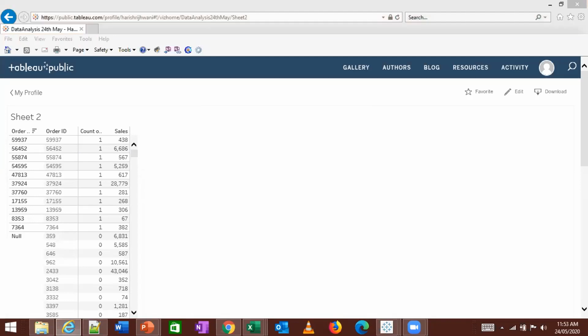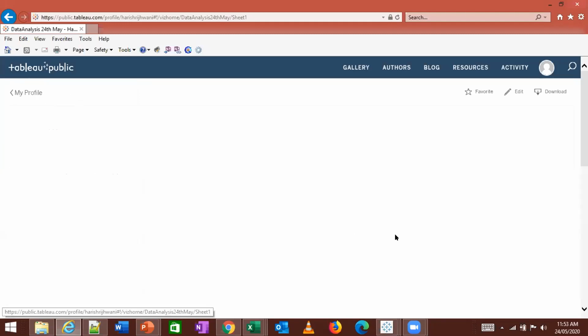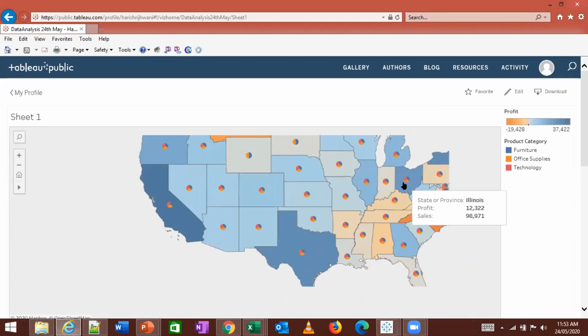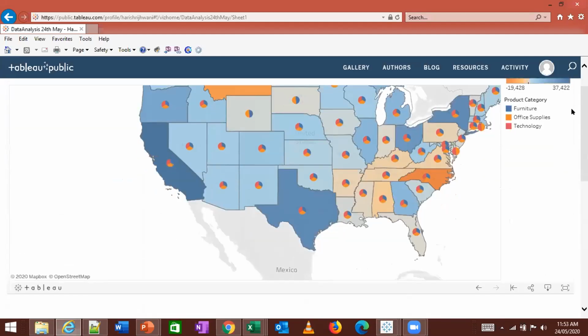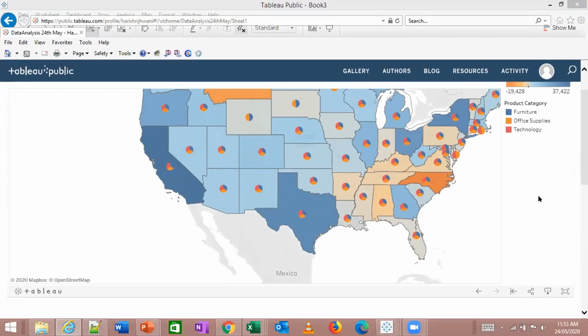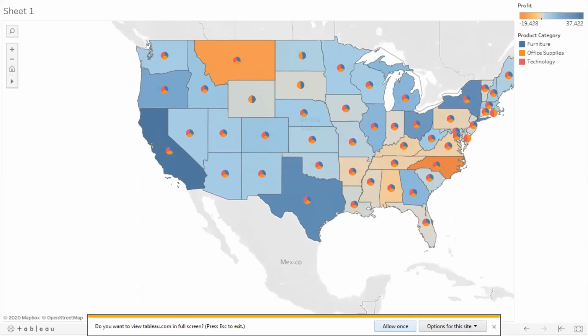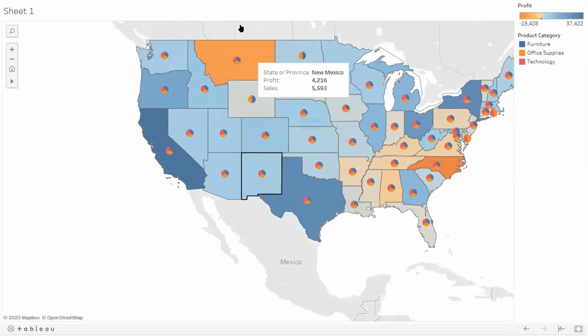So these are all the graphs we created like this. So you can create sheet 1 also. This is what we had created earlier. Right? So you can analyze this, you can look at that, all that information it gives you. Whatever we created. You can actually use this as your presentation, you know. Full screen. It goes into full screen also. Make sense? And you can create a story which can be shown over here. Published, the story will also be seen over here.